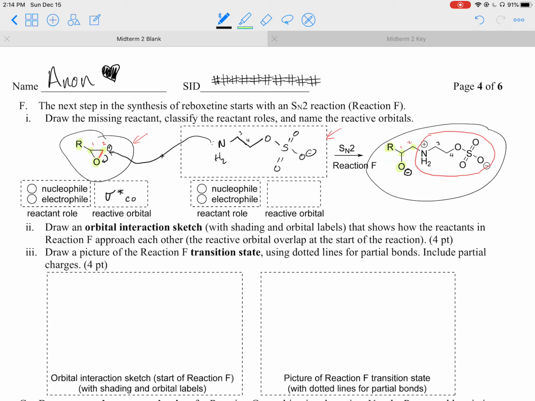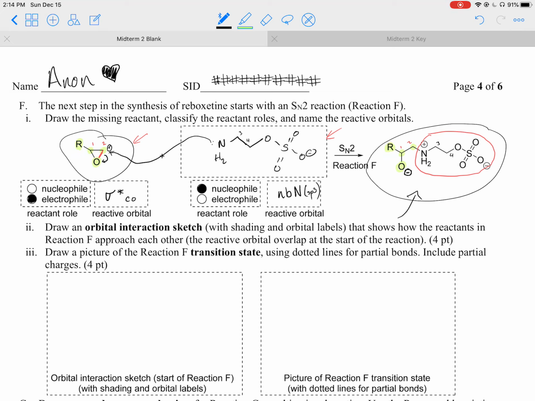And so it is the non-bonding nitrogen sp3 lone pair that is going to be reacting here to form this product at the end. And so the nitrogen is the nucleophile. It's donating its lone pair to create a bond. And this molecule over here on the left is going to be the electrophile because it is getting electrons from the nitrogen